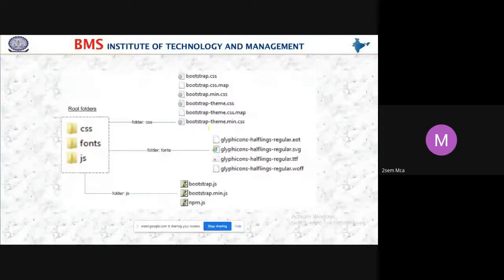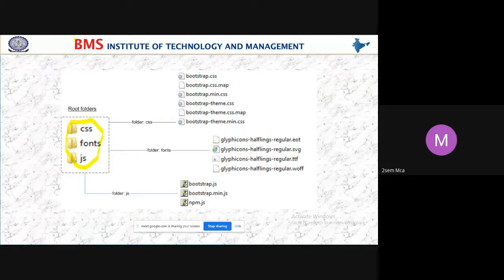See here, students, this is the root folder. When you extract the Bootstrap zip file, you will find these three folders: CSS, fonts, and JavaScript.